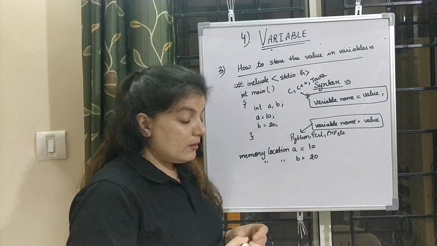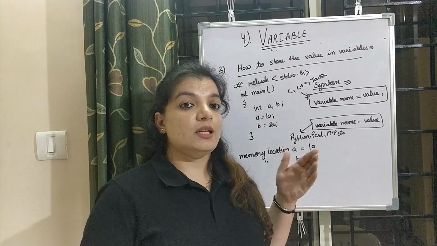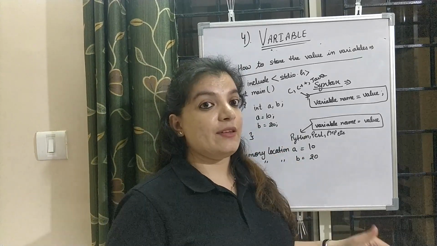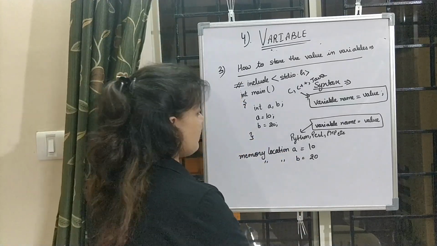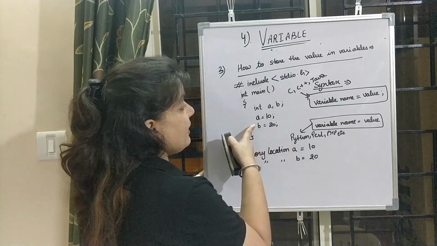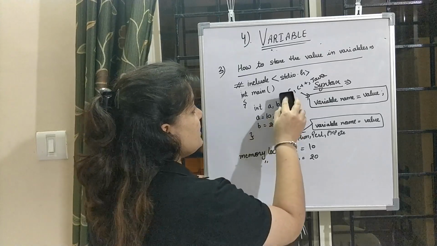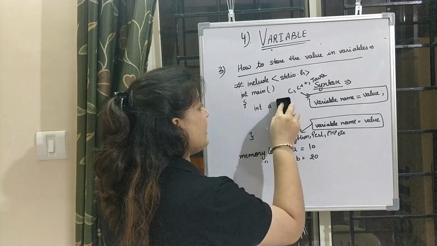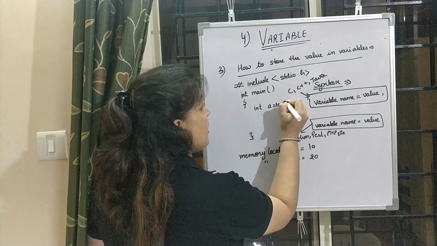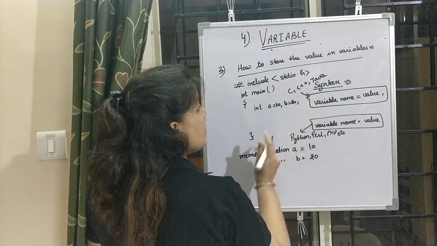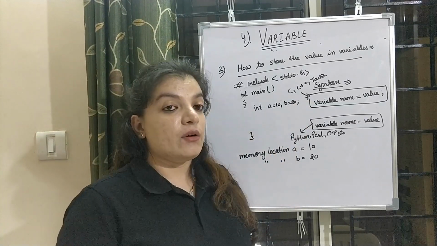Okay, so you can minimize this code, as the best program is considered the one with fewer lines of code. So we can minimize these lines of code also. How can we minimize this? Instead of declaring and storing values in different lines, we can write them at the time of creating the variables. How? Like A is equal to 10, comma, B is equal to 20. So instead of writing 3 lines of code, we can write a single line of code.